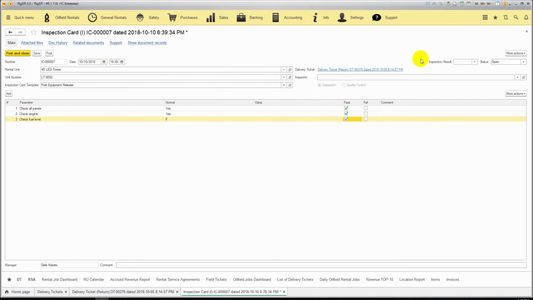After the inspection is done, we change the inspection result to good. We can also have need repair and damage. If we have the need repair inspection result, the repair ticket will be generated for this unit as well. In case of damage, this unit will be written off through the balance. Once the inspection result is good, we change the status of the document to done,